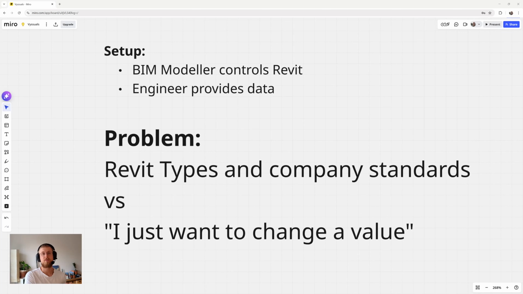A common setup that I see across engineering firms is that you have BIM modelers who control Revit, and you have engineers that provide data that needs to go back into Revit. And that kind of creates a problem with any type of data exchange between those two, which is that the BIM modeler deals with Revit types and company standards, and the engineers may just want to change a value. And the friction here lies within type parameters specifically,